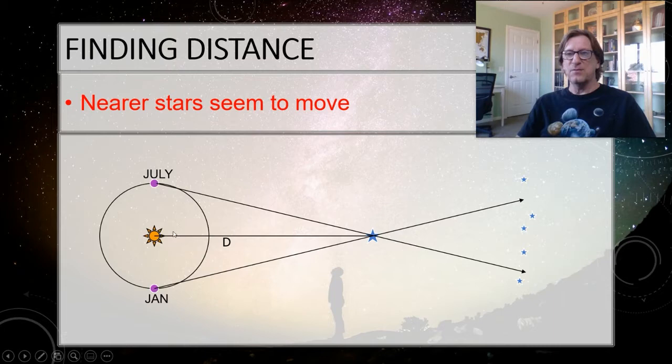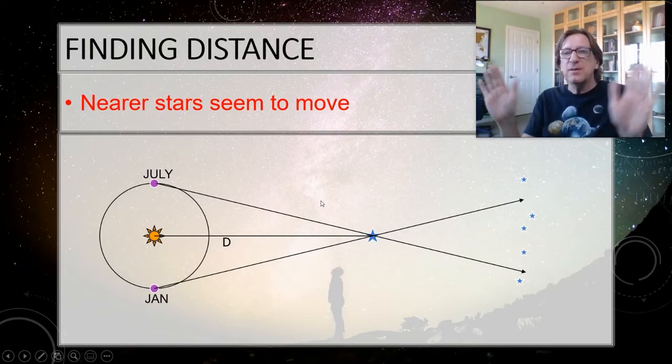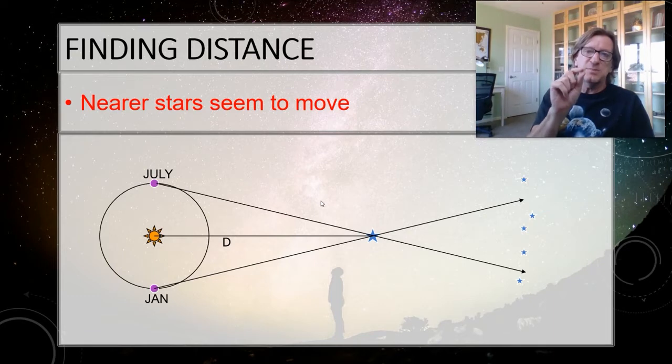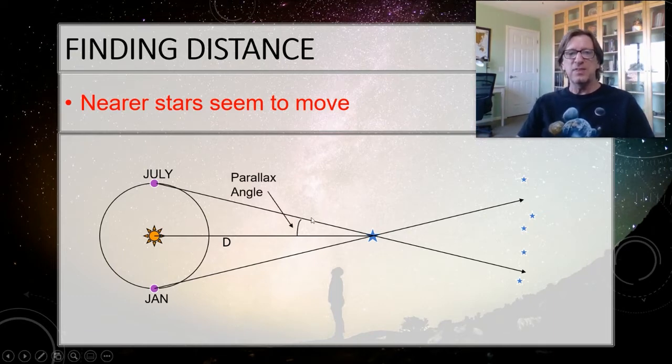Now, if you remember back to high school and you talked about the sine and cosine and tangent and all of that, don't panic. You don't actually need to know that because this angle is going to be so small that there's a small angle approximation we can do to it. But this angle right here, because I need a triangle, I need a right triangle.